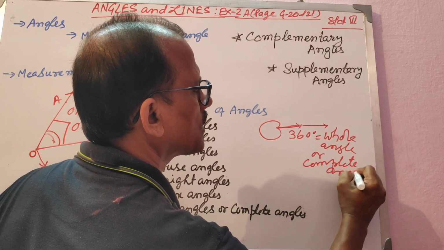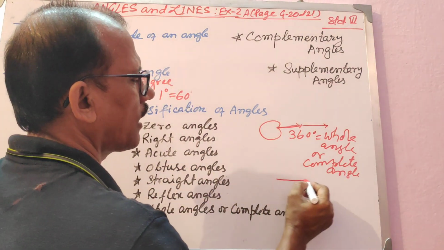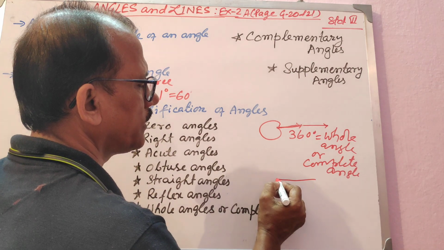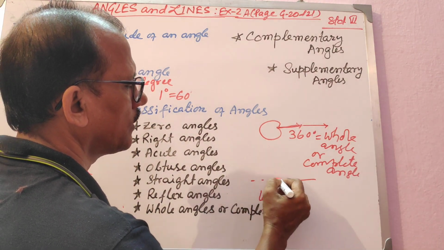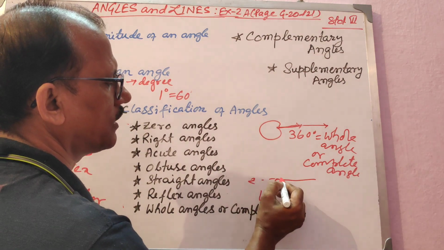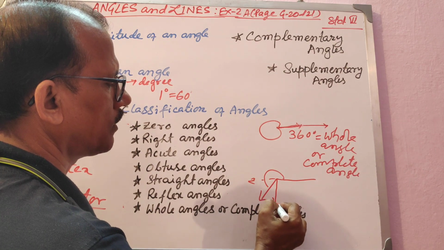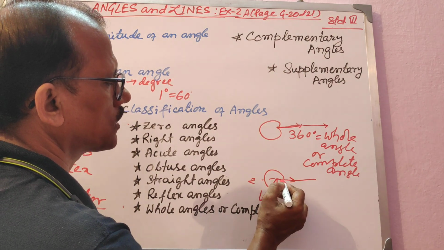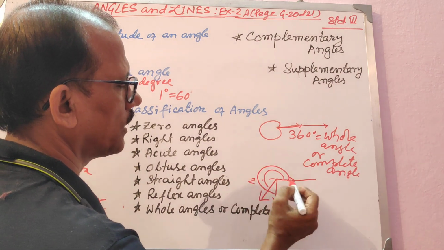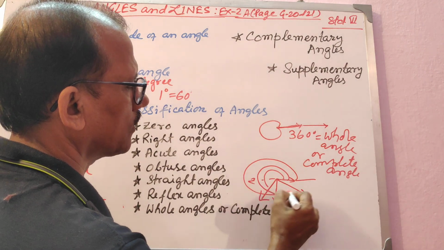Complete angle. Could you understand? Now, what will a reflex angle be? When a ray comes and starts, it is more than 180 degrees. When it is a straight line, it's 180 degrees. But more than 180 degrees, all this opening, till it comes to merge on this line, this opening from here to here.